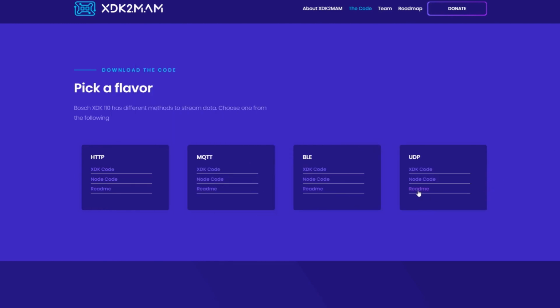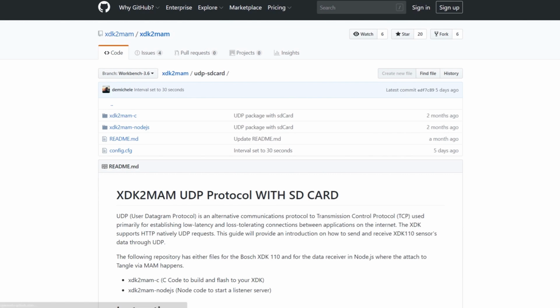So now let's get to GitHub. Here we have a folder that contains the C code that we'll be flashing later to the XDK110. There's another folder that contains the Node.js code. And this is what we'll be using to start a server that's going to listen to the sensor data from the XDK110, and it's going to be in charge of publishing the data to the Tangle. And finally, we have the config file, which is where we will place all our network information. Now, let's go to the repository